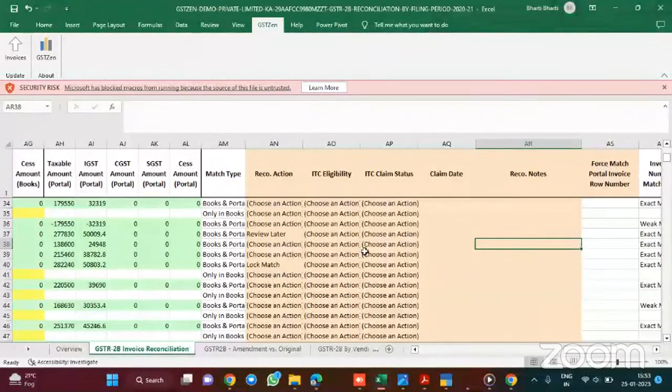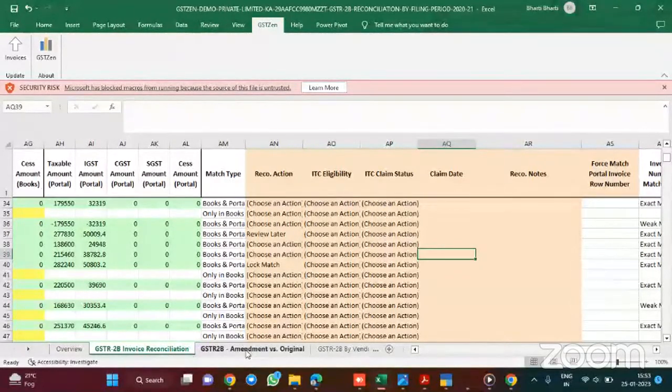The next time you download, let's say a YTD report, let's say you have downloaded till December now. Now you download the 2B of January and upload the purchase register of January. There might be some invoices which you had not claimed earlier, or some invoices which were there only in books. When they are matched, for the invoices which do not have a claim date provided by you, you would get to know that these are newly matched. So these are the invoices I have to claim in this month, where there is no claim date.